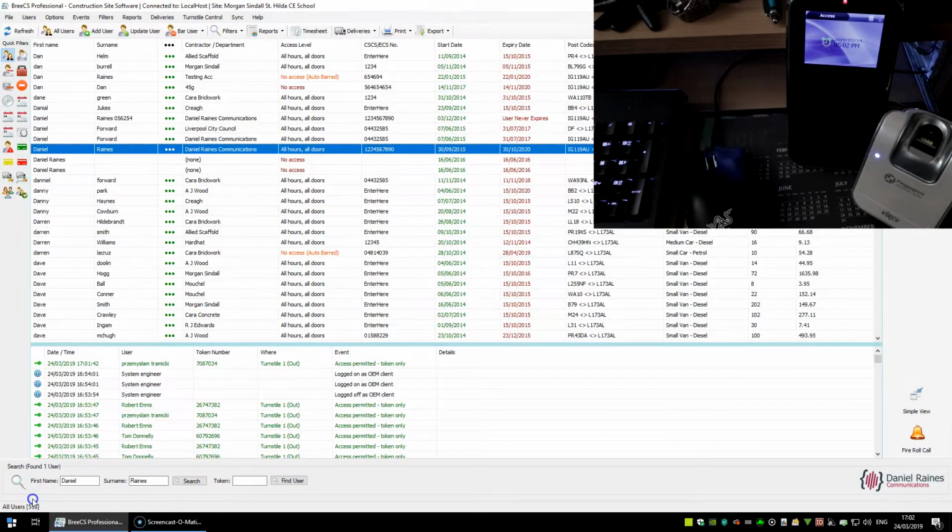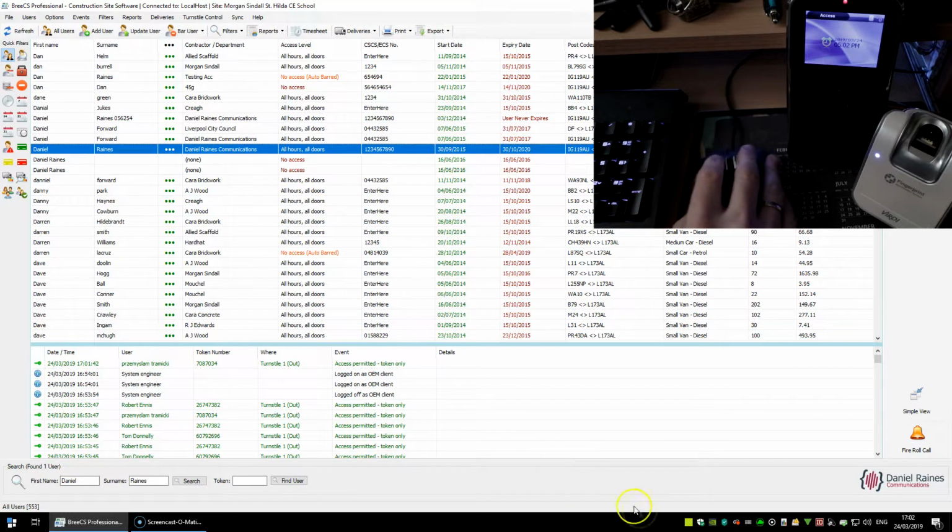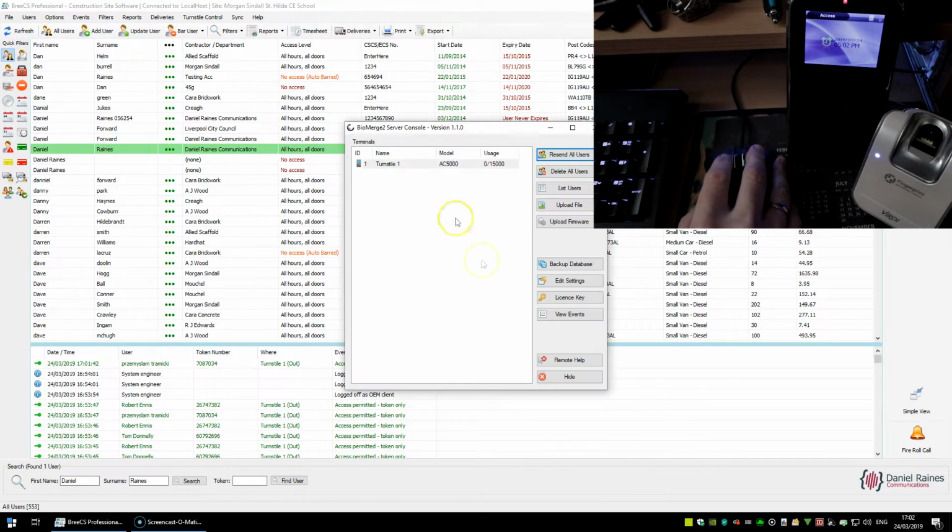Hi guys, so this is a quick demonstration to show the integration between BreeCS and the Genie Stroke Virdi readers. Genie Access brought out their own piece of software called Biometric, which was designed for users that have just Net2, and when you add a user it prompts you to scan a fingerprint when you select a specific token type. We're using the Biometric server, which is written by Genie,